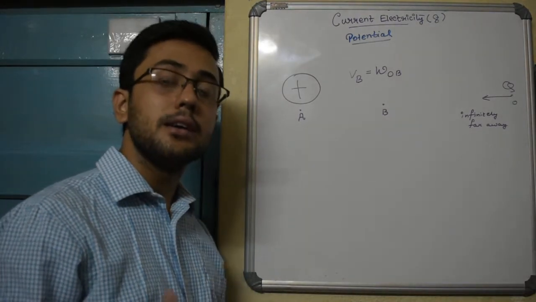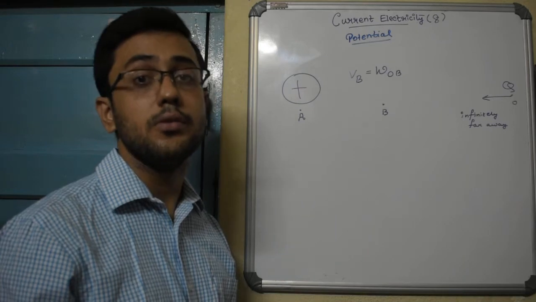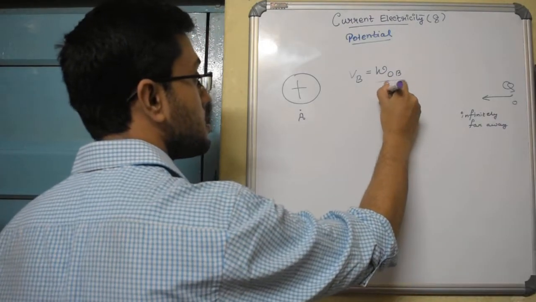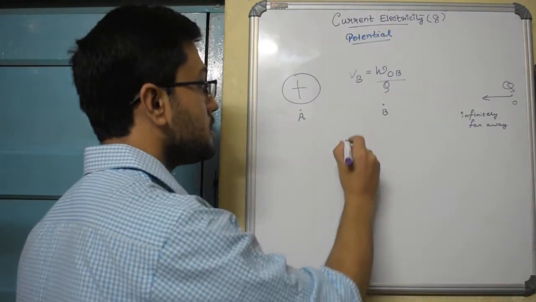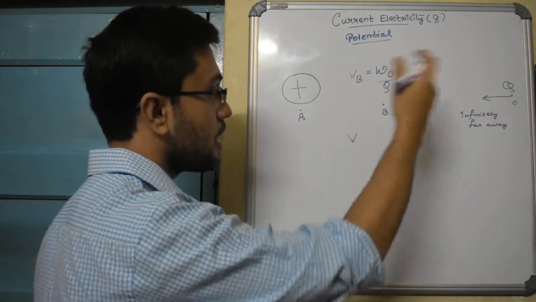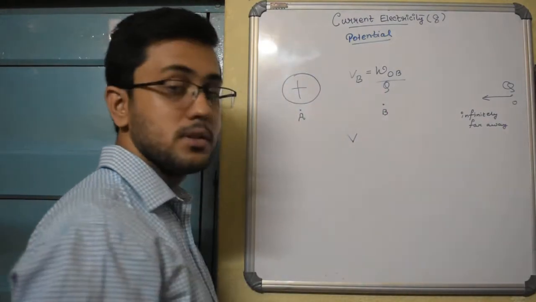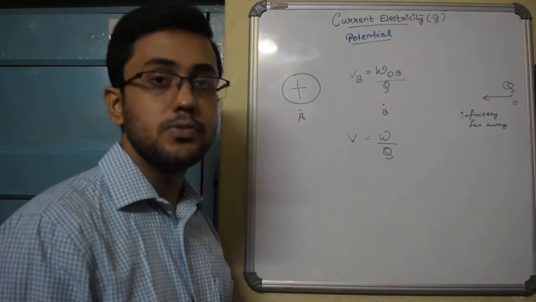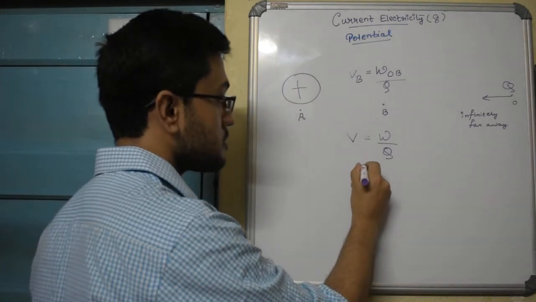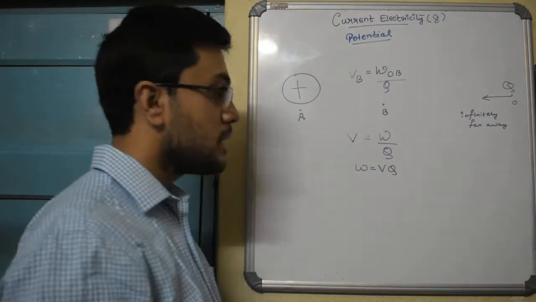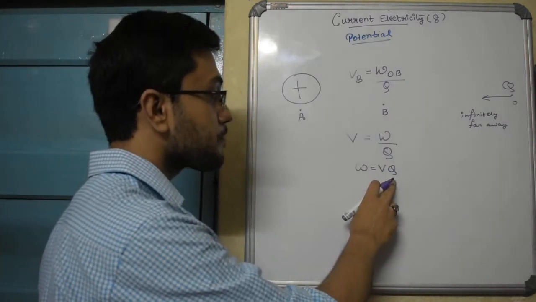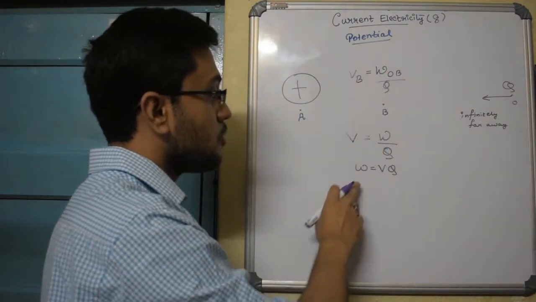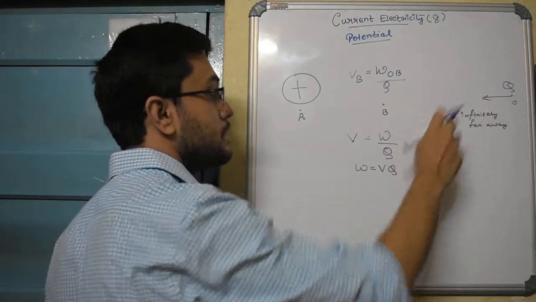But if we were carrying a test charge which has a magnitude different from 1, say 5 coulomb, 6 coulomb and so on, in that case you have to divide by Q. So this is the actual formula: potential at any point around this charge A is equal to work done divided by the charge which we are bringing. So I can also write that W is V into Q. If I am carrying a charge Q to a certain point in the vicinity of this charge where the field can be felt, then the work done is the potential at that point multiplied by Q.